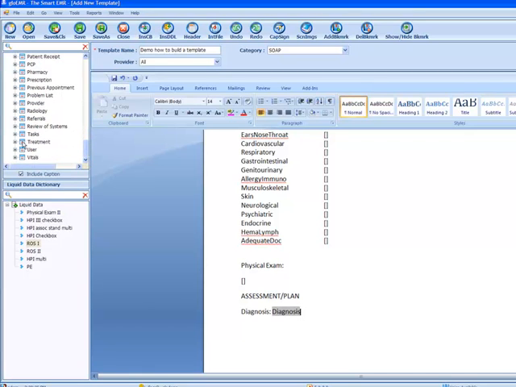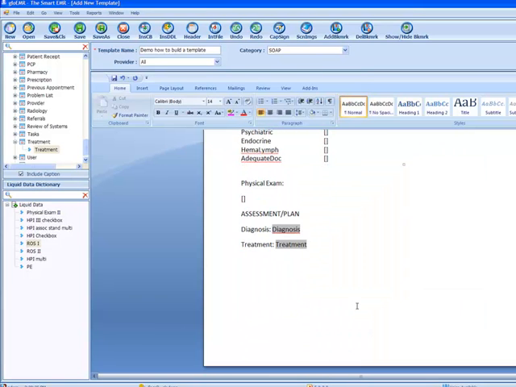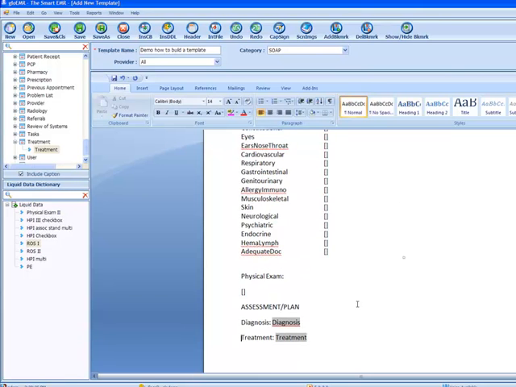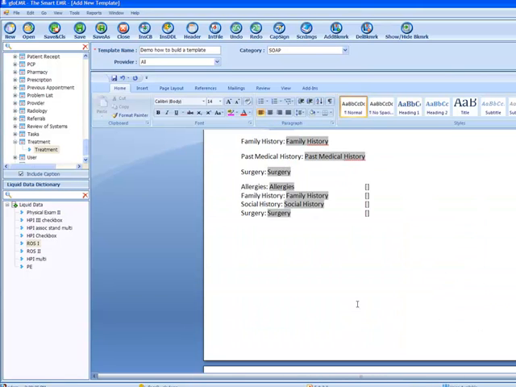Which is alphabetical at this point, and I can say I want my treatment. So I can create my assessment and plan to look pretty nice by inserting it that way. The other portions that I can do inside a note to kind of fancy things up a little is